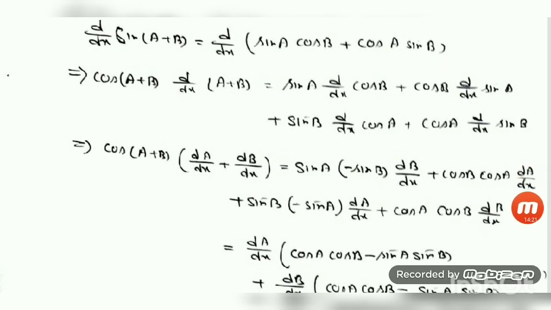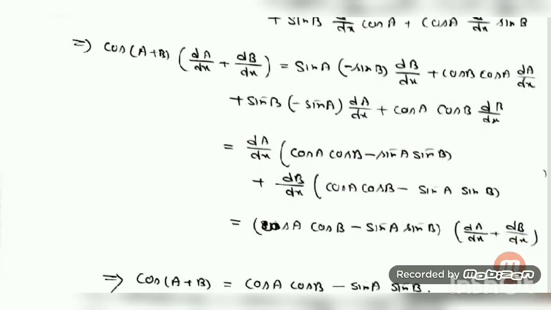As I told you earlier, here a and b are not constant, because the formula we have to derive is in terms of a and b. In a similar way, sine b, d/dx of cos a, think a as x, and d/dx of cos a is minus sine a dA/dx, plus cos a, think b as x, this is cos b dB/dx. Now we see we can take common dA/dx and dB/dx, because I have to combine it and write down the formula. So I have taken dA/dx common, cos a cos b, and here minus sine a sine b.